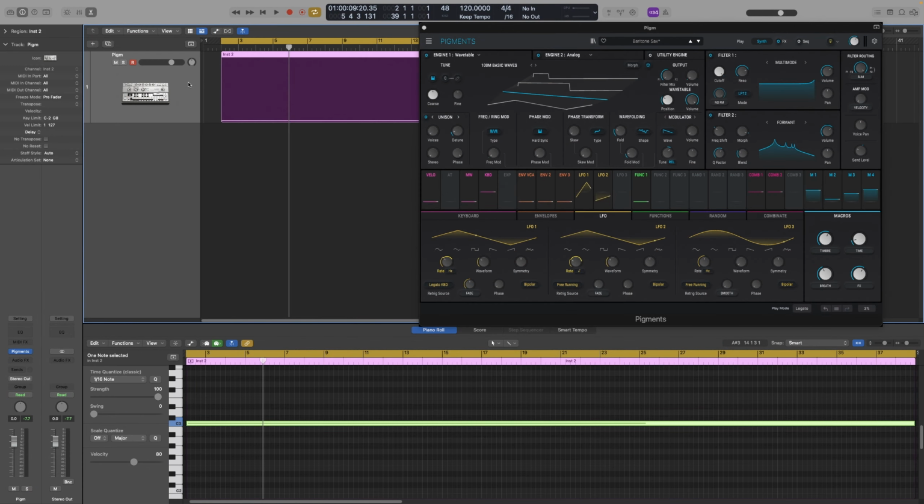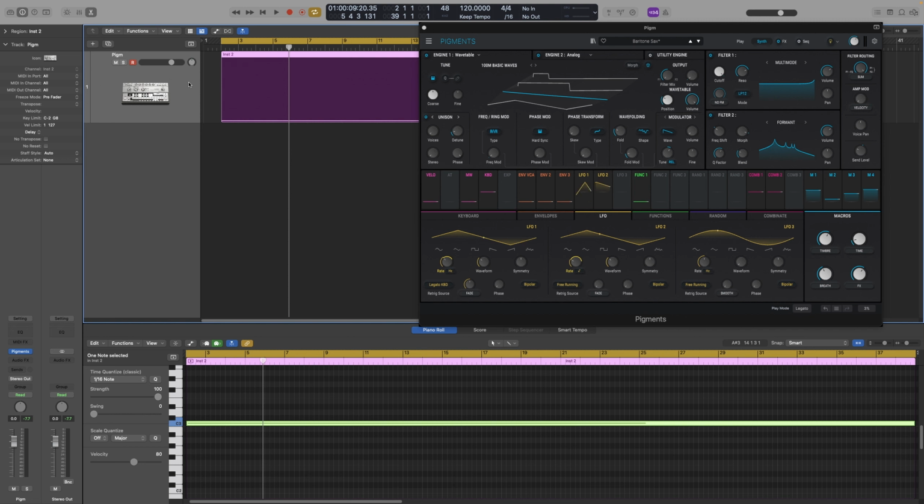And now the very last thing I want to show you is how to record automation using a MIDI controller. That is very helpful if you're doing electronic music or if you're playing live. Any MIDI controller that has knobs and faders will do. The first thing you need to do is to assign a controller to a specific parameter, and it's very easy